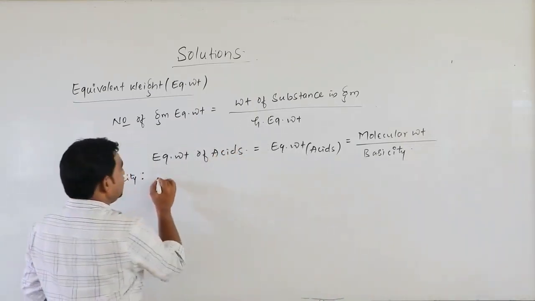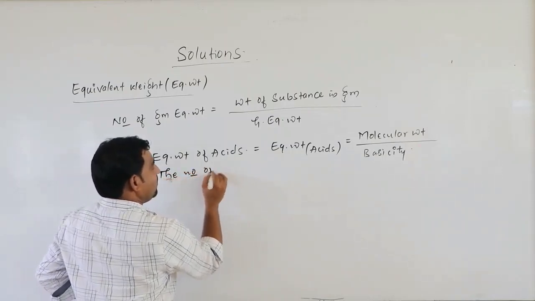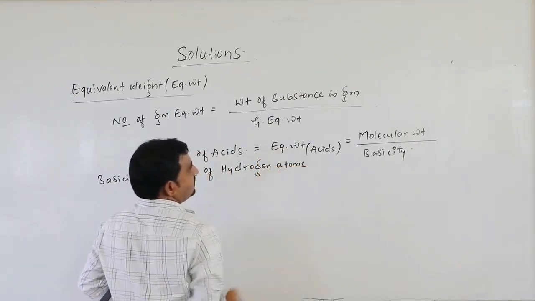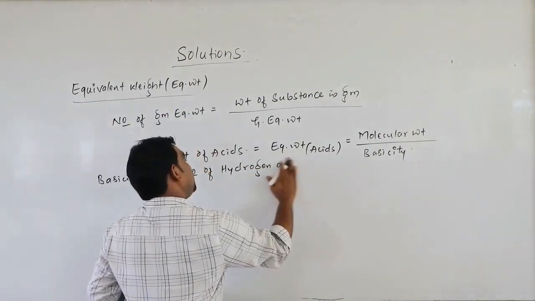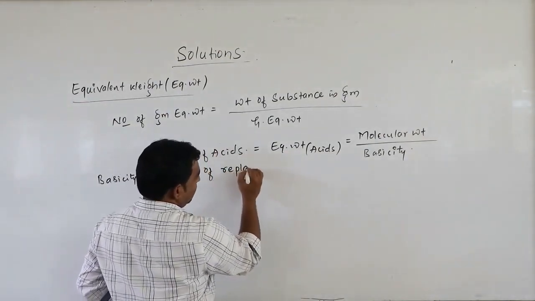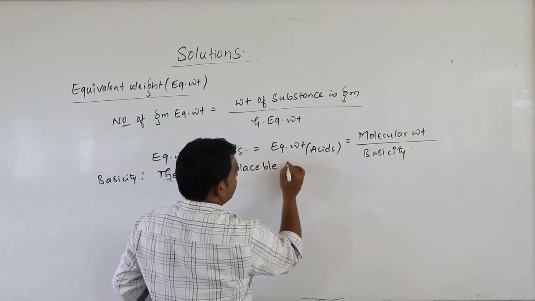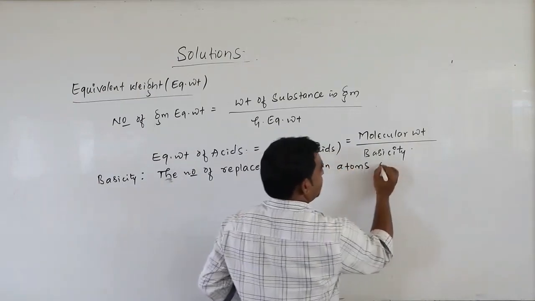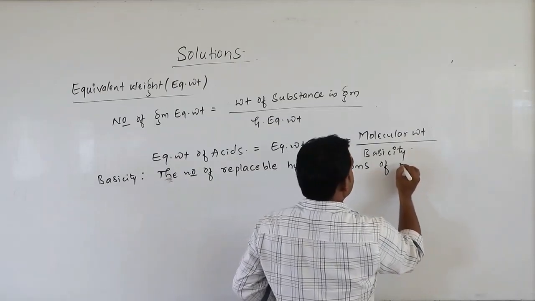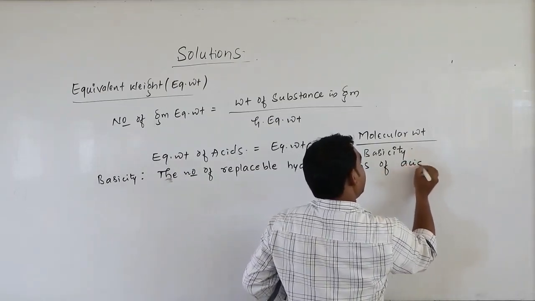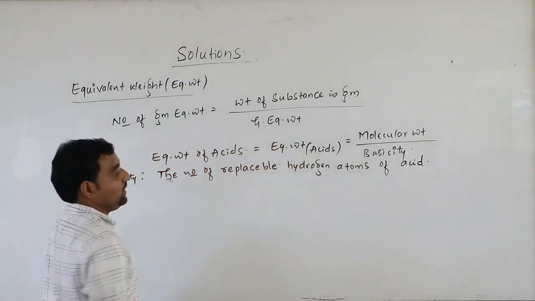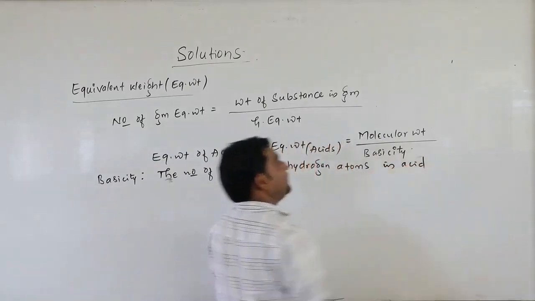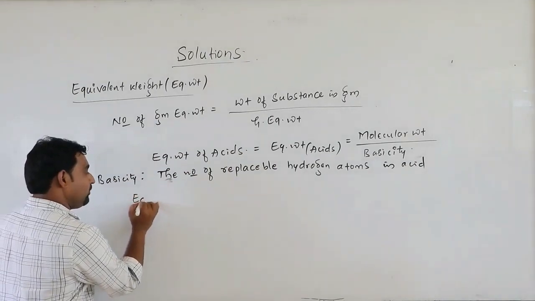So basicity means the number of replaceable hydrogen atoms in an acid molecule. For example, you can take the equivalent weight of